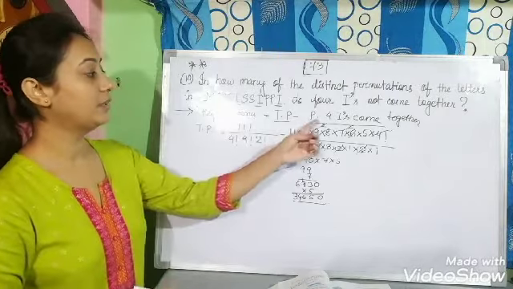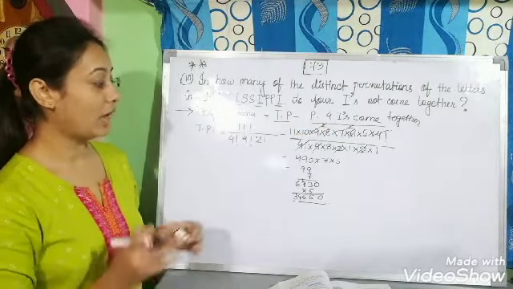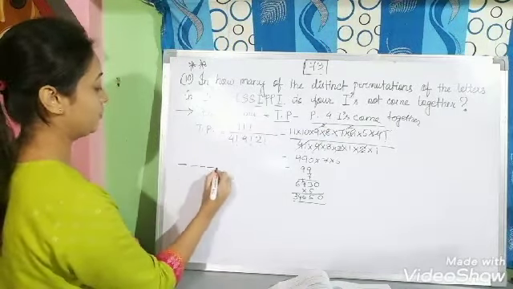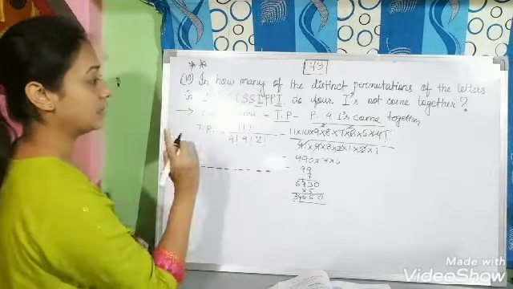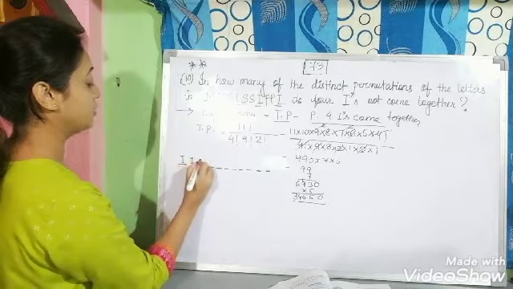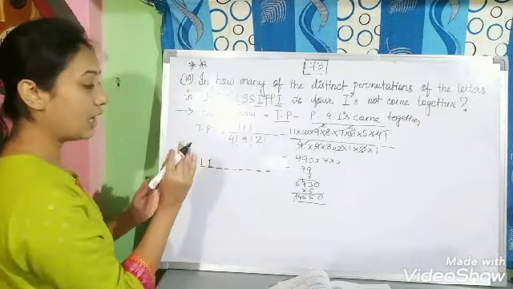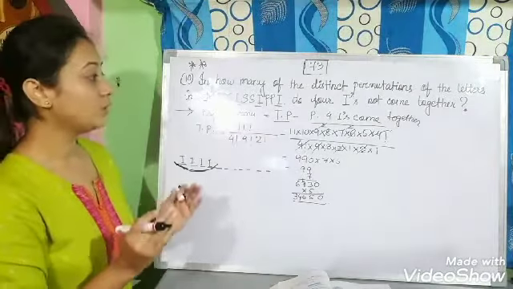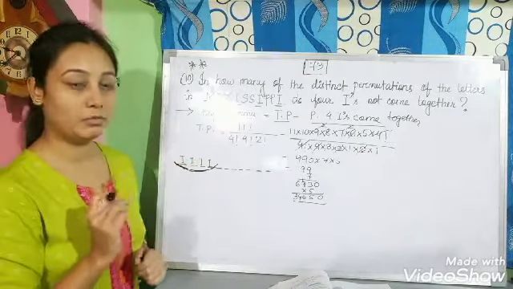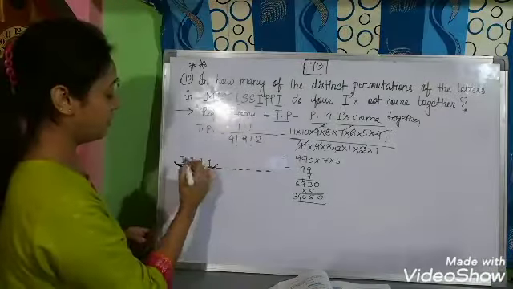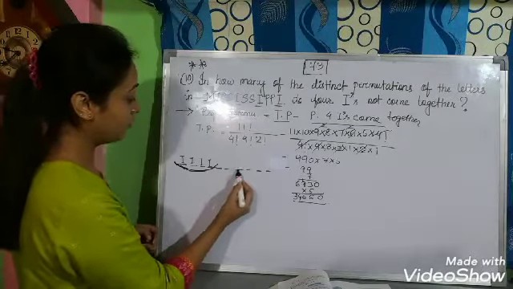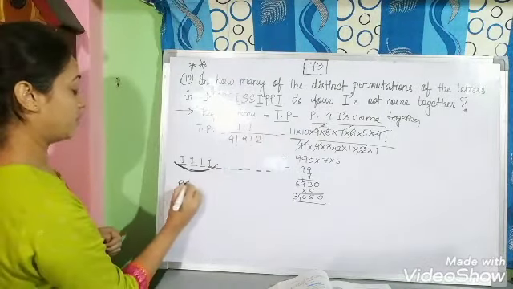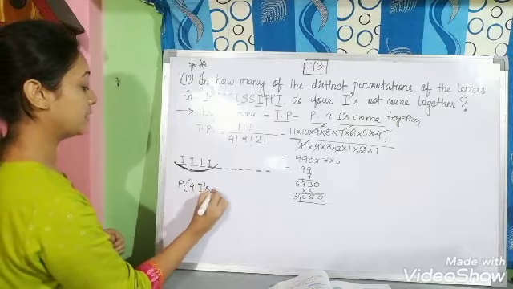So next we will find the permutations where the 4 I's come together. So total 11 letters are there: 1, 2, 3, 4, 5, 6, 7, 8, 9, 10, 11. They say that the I's will come together. Now if the I's are occurring together, they will be filled in one place. All the I's occurring together will be filled up in one place, and hence the total number of places will be reduced to 1, 2, 3, 4, 5, 6, 7, 8 now. So the next part, that is the permutations where the 4 I's come together.